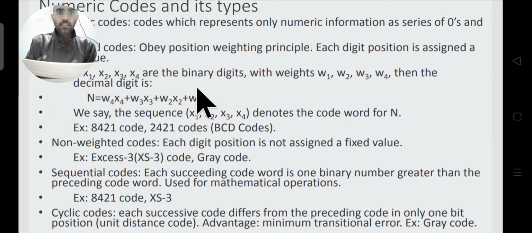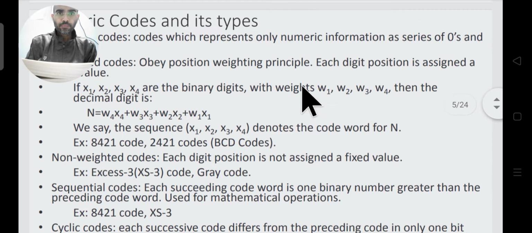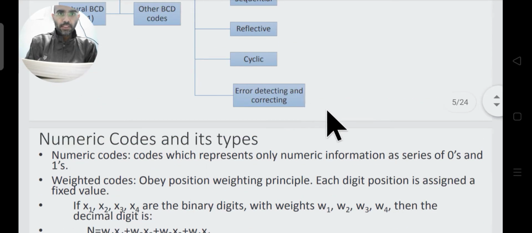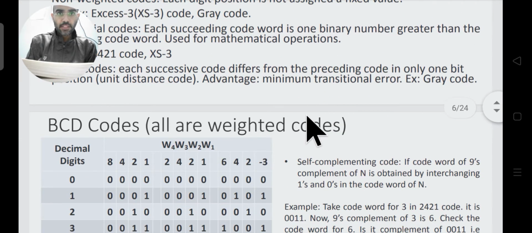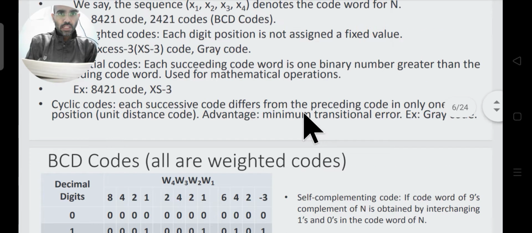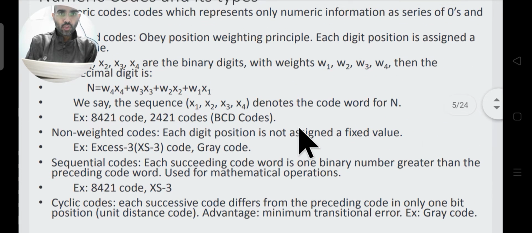So welcome back to part B of lecture 2. Here in this part we will continue from where we left off in the last part. In the last part we saw the various